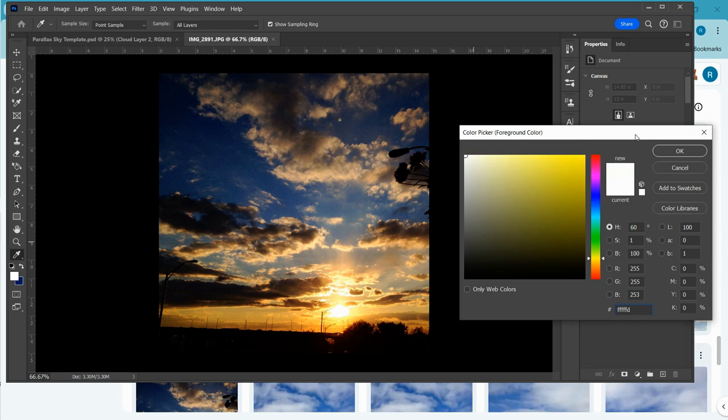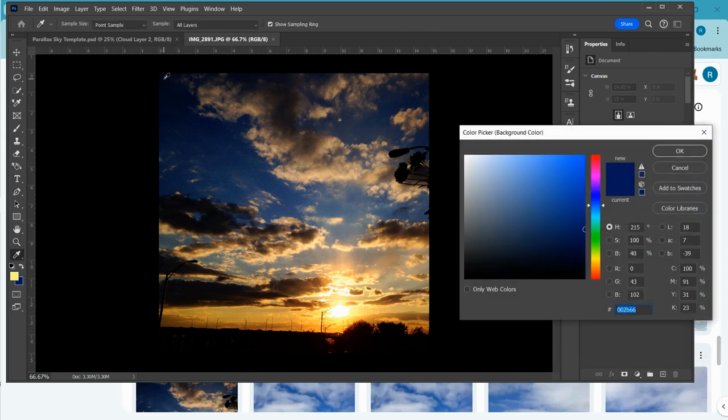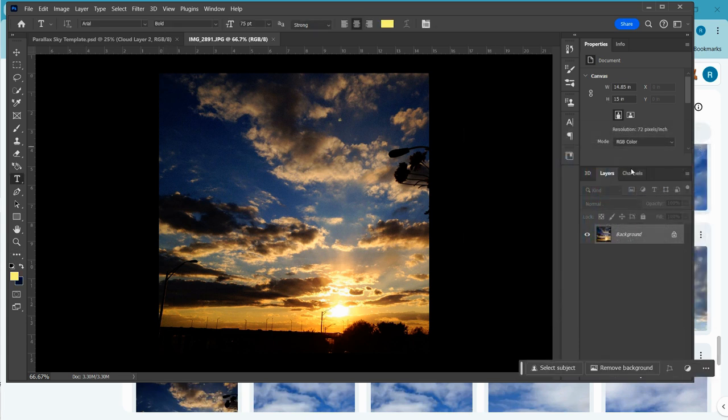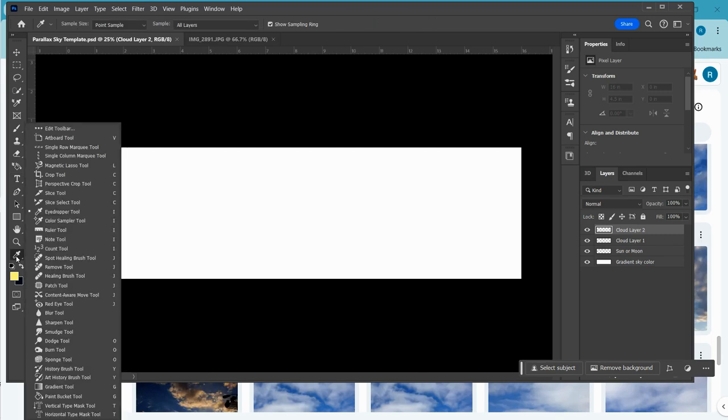Okay, and let's see. There we go, that's nice. I'll hit OK, and I'm going to make my background color the darkest color I see in the sky, which is this very dark purple. Okay, so now I'm going to go back to my Parallax Sky template, and I'm going to find the gradient